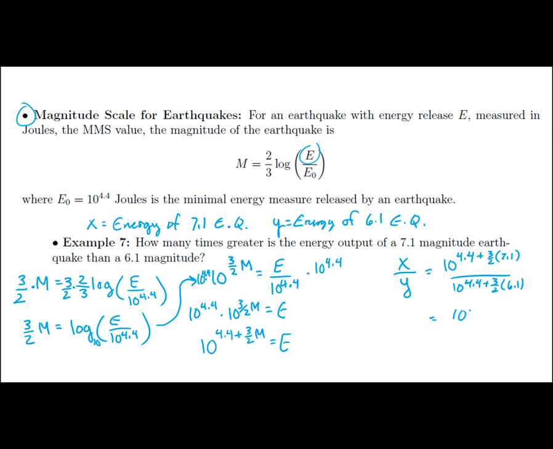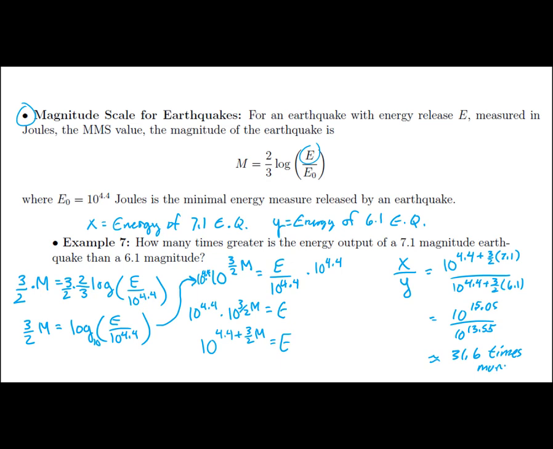So that would be 10 raised to the 15.05 over 10 to the 13.55. And so when I actually divide those, after I fix that stray line that just got made, what I get is about 31.6. So that means that a 7.1 magnitude earthquake is 31.6 times